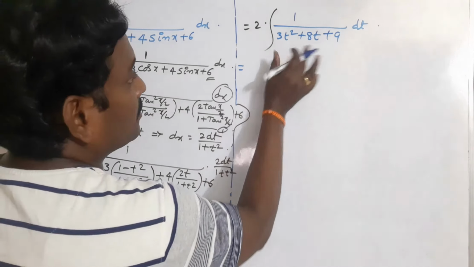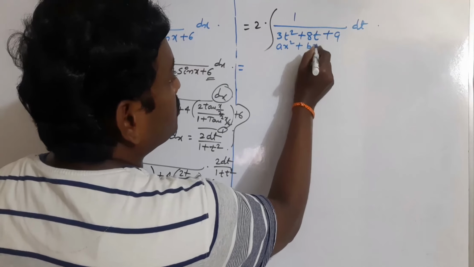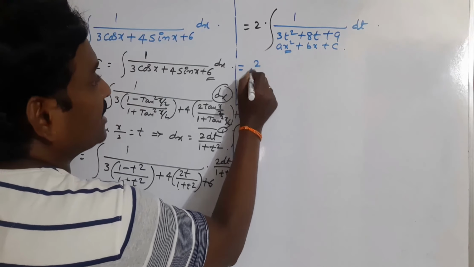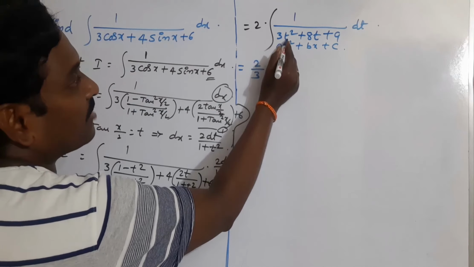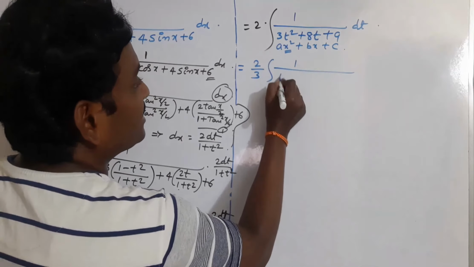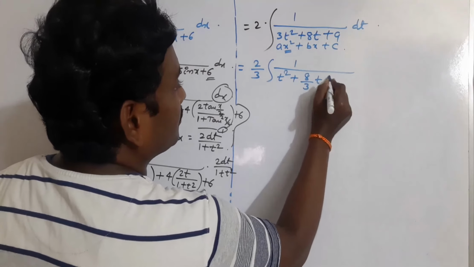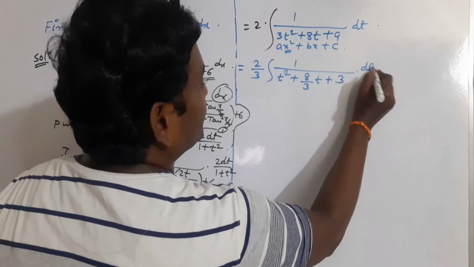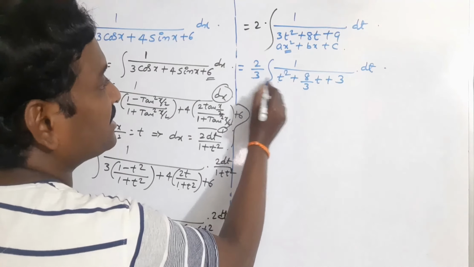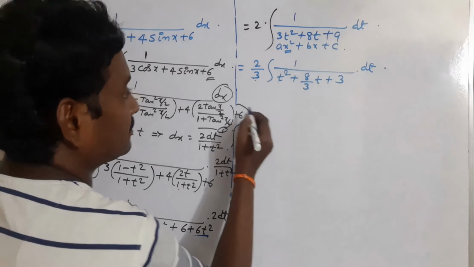so here also we have a quadratic equation in the denominator. So make the coefficient of t square 1. Take common out the coefficient of t square, which is 3, from the denominator. So you will get t square plus 8 by 3 times t plus 3 times, into dt. If you have any doubt, take this 3 inside. You will get 3t square, 3 getting cancelled again you will get 8t, and 3 times 3 is 9.